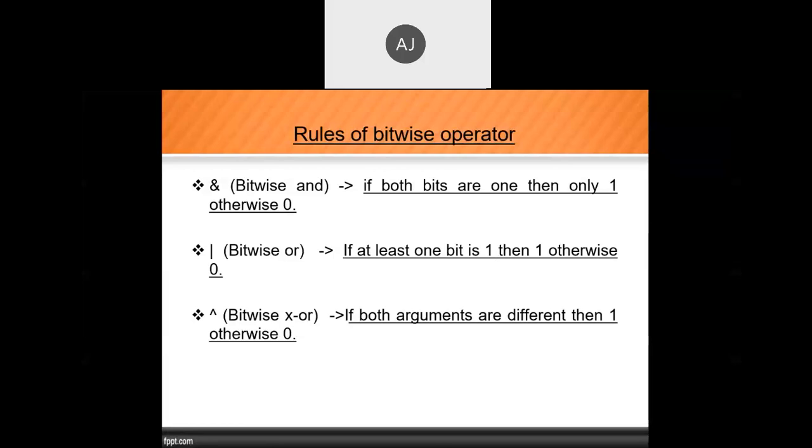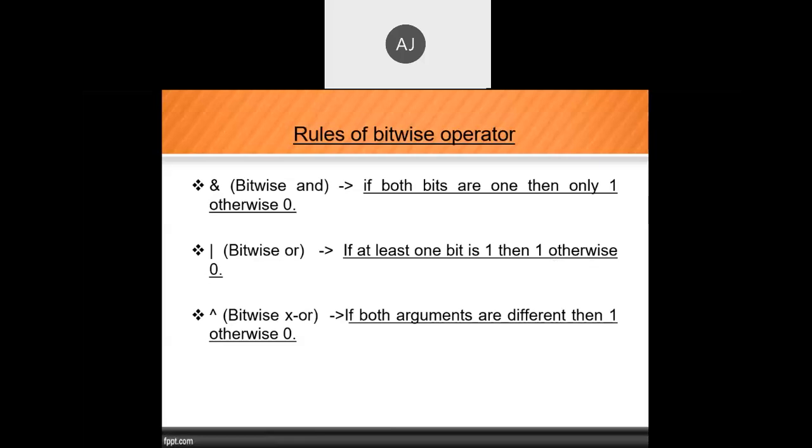At least one means that if at most two are one, that is also fine. There is no other option. So in that case, we get one if we get at least one. Otherwise, the rest of all bits will be zero. So don't worry about that. We'll do the practical and I will explain it very briefly. Just remember that if you have two inputs, 1 and 0,